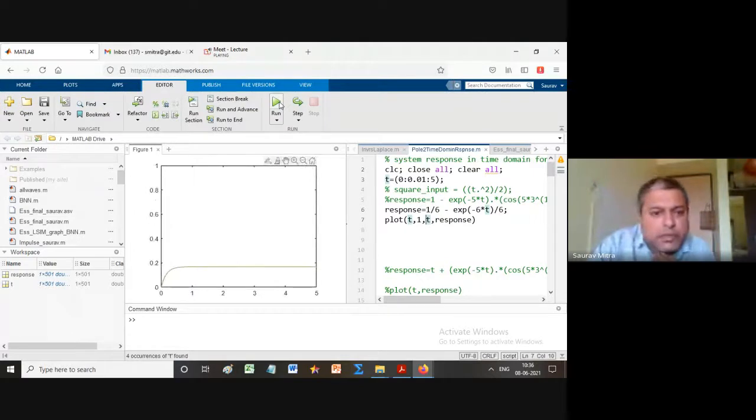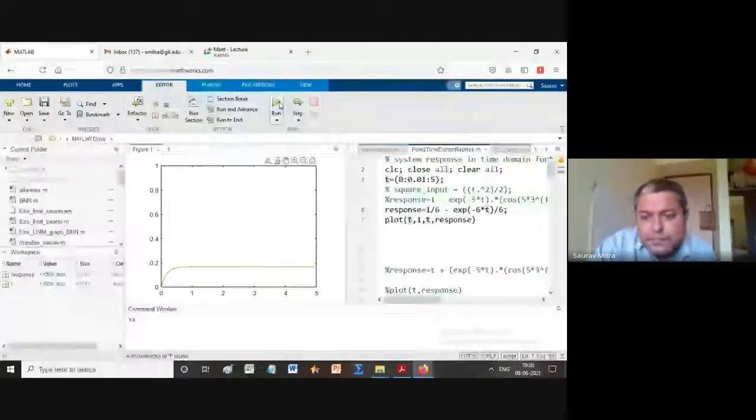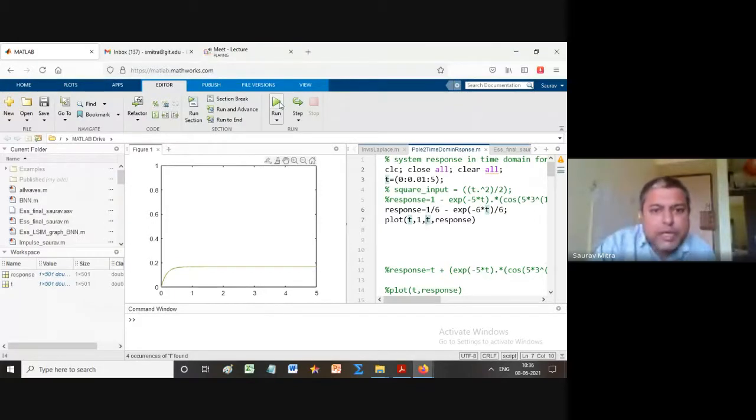Give some time for the output to come. Okay, so you can see this top line. This top line is nothing but UT. Okay, it has not come, but this top line is UT. Okay, and initially at this point, how much is the error? So input is 1 and output is 0. So initially the error is 1 minus 0, that is 1.